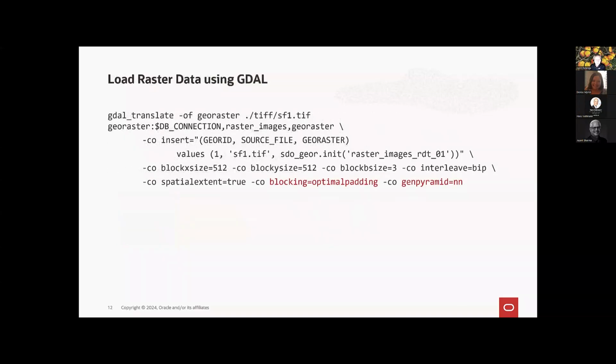Okay, and how does it look if you load raster data into the Oracle database using GDAL? GDAL is an open source toolbox that provides different features. One of the features is called GeoRaster Translate, which is used to load raster data, or in general spatial data, into different databases. To load raster data into the Oracle database using GDAL, you use this output